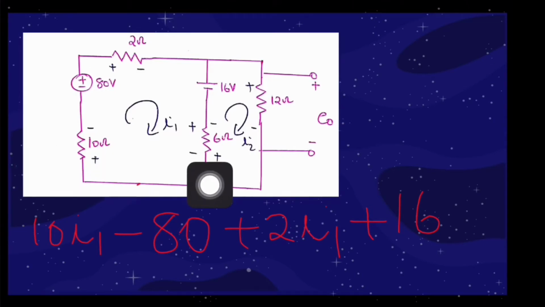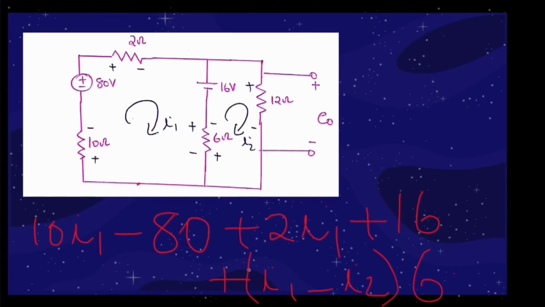Finally, the voltage drop across the 6 ohm. You can see this 6 ohm resistor is common to the first mesh and second mesh. Hence, the total current through the 6 ohm should be taken as the algebraic sum of two mesh currents. Here, I1 and I2 are flowing through the 6 ohm in opposite direction. Since we are writing KVL in the first mesh, the total current through the 6 ohm should be taken as I1 minus I2 and correspondingly a voltage drop I1 minus I2 into 6 is added to our KVL equation.